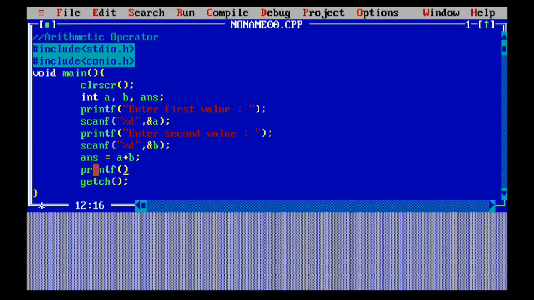Printf, your answer is percentage d, comma answer. So let's run the program.